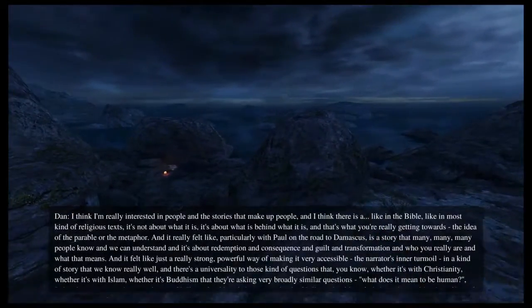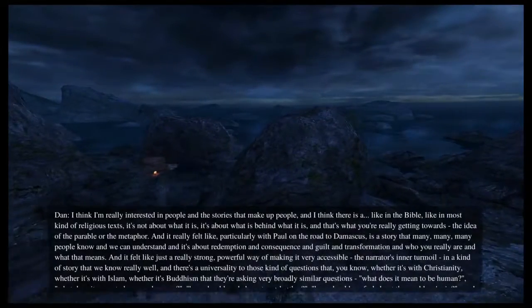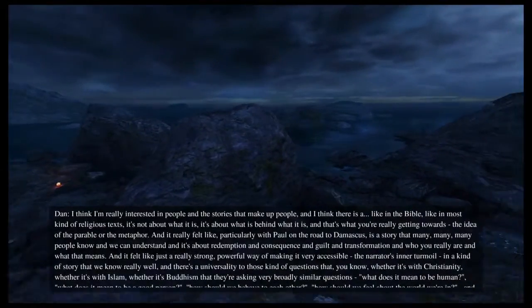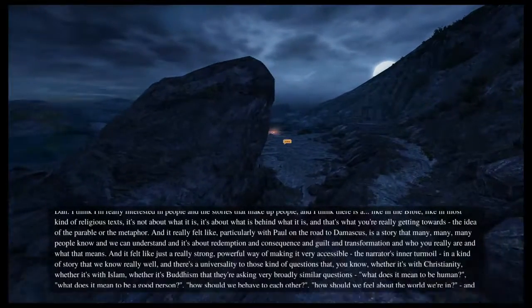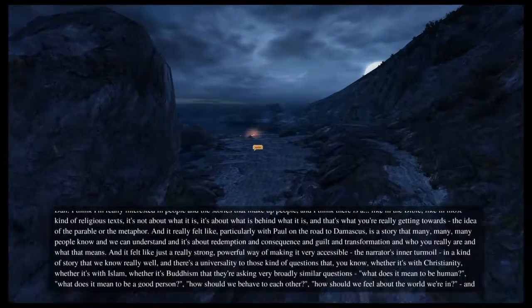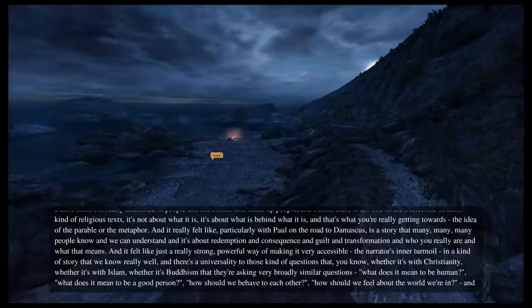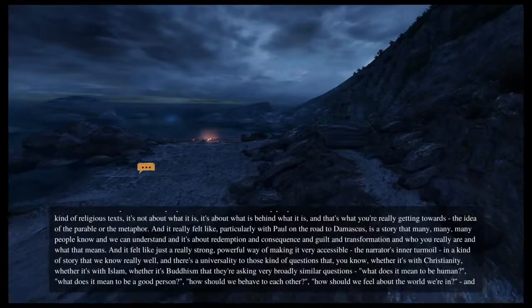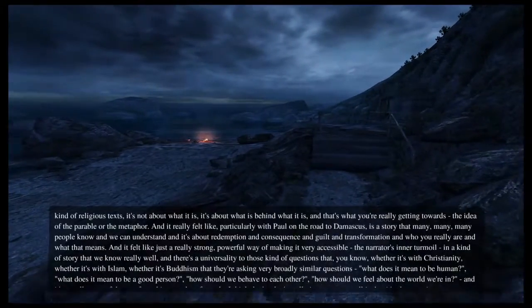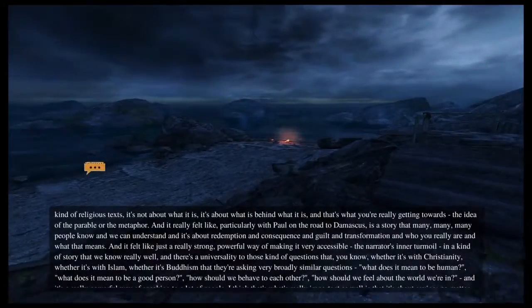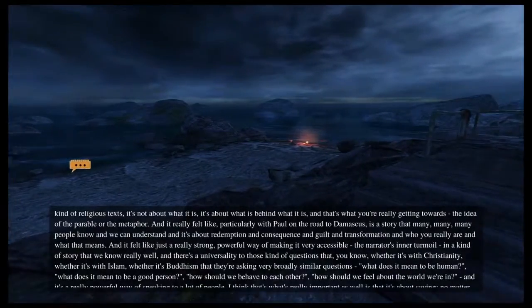And it really felt like, particularly with Paul on the road to Damascus, is a story that many people know and we can understand, and it's about redemption and consequence and guilt and transformation and who you really are and what that means. And it felt like just a really strong, powerful way of making the narrator's inner turmoil very accessible, in a story that we know really well.